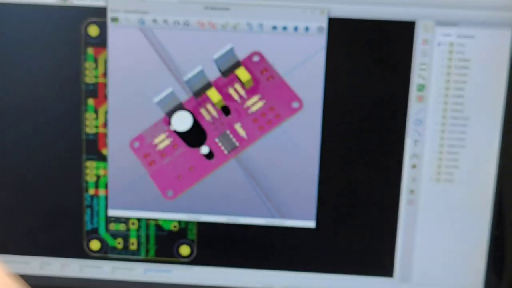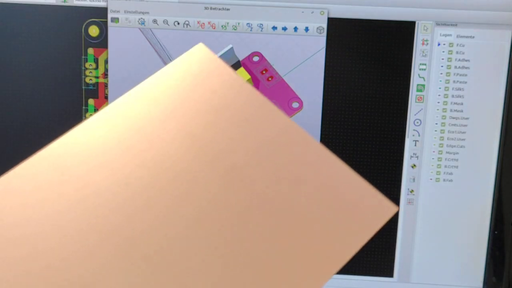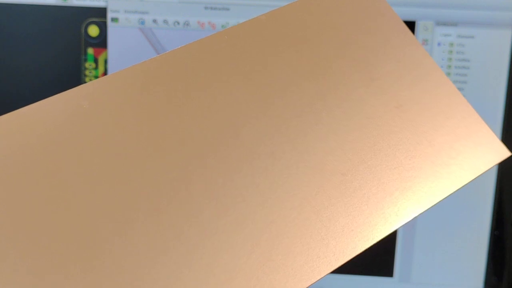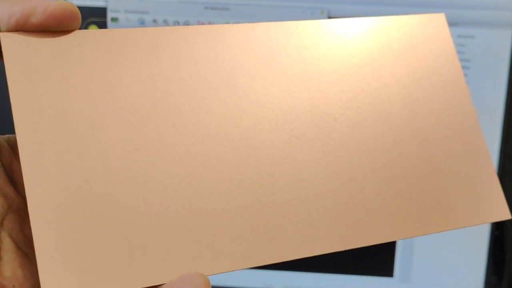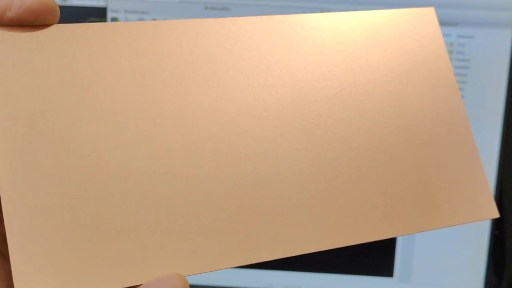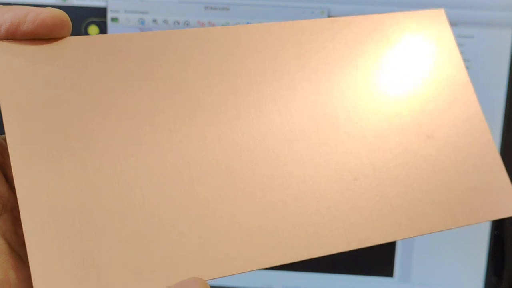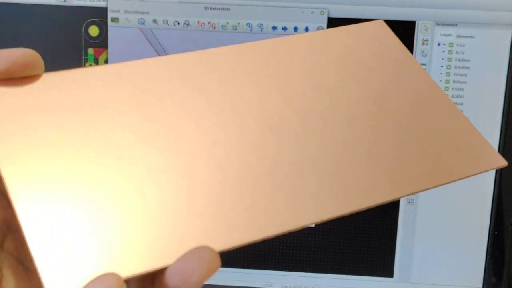Actually, you can make a better PCB using photoresist PCB, like I did in Germany, but here in Indonesia it is not possible to get that. Okay, so I just use this,